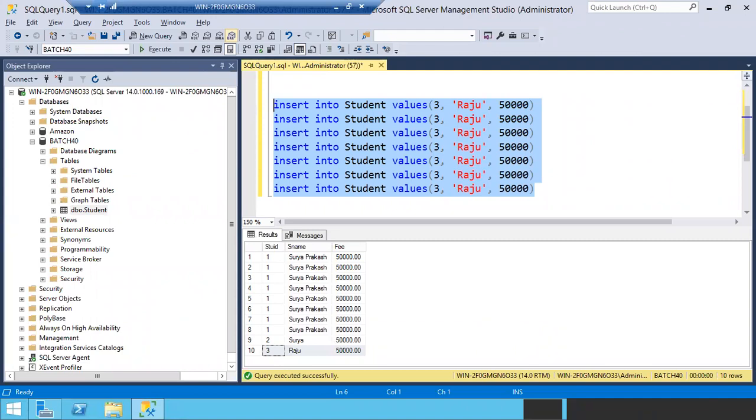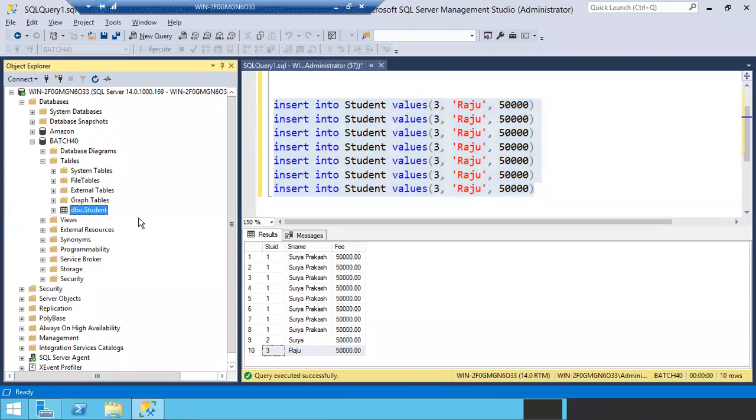Fine. Right. Someone asked about this dbo. Why did we get this? We just gave the name student, right? Why did we get this dbo? What is this dbo, guys? Database object. Okay. What is it? It's an extension of table, I think.